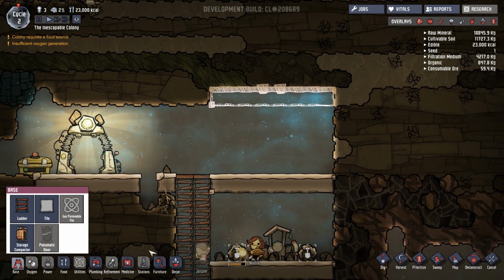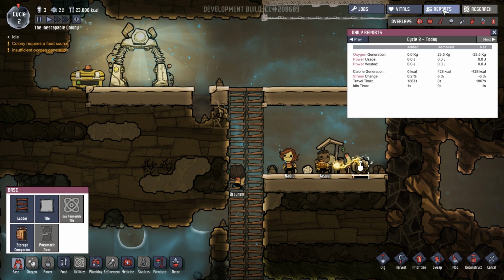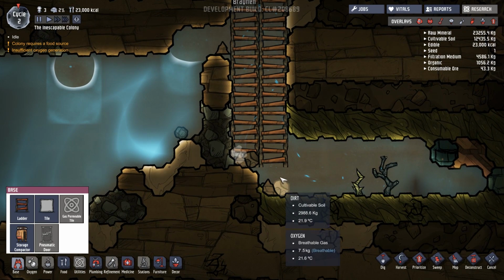Let's see where we want to start putting some stuff. First of all, they don't have a food source and insufficient oxygen generation. We used more oxygen than we produced last day. Now that will happen initially because the oxygen being produced is oxygen that is